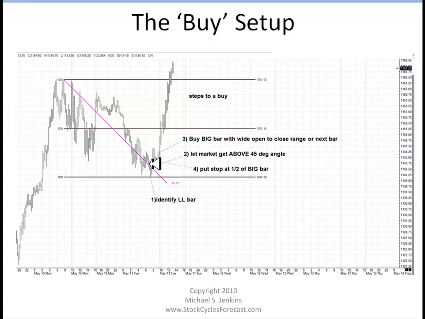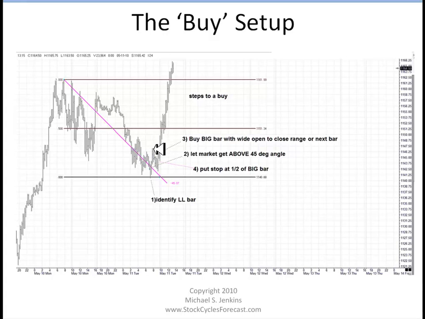Now we wouldn't necessarily take that because we wouldn't know it was guaranteed to be the low bar. Maybe we'd go a little bit above it and go plunging right back down the next day. But once we saw it, we could put on our range. We would know where the 50% might be. And after a day or two up, or in this case a 5-minute bar or so,